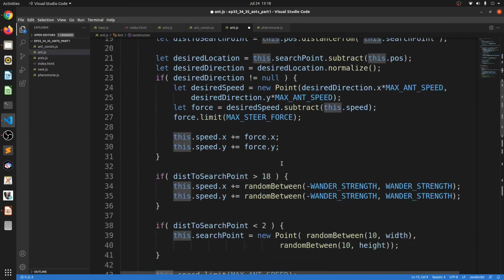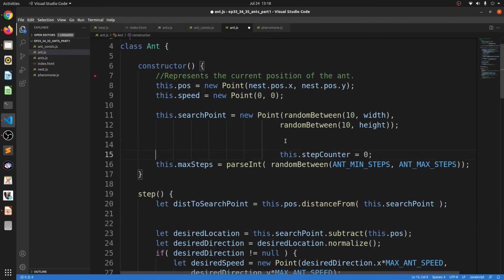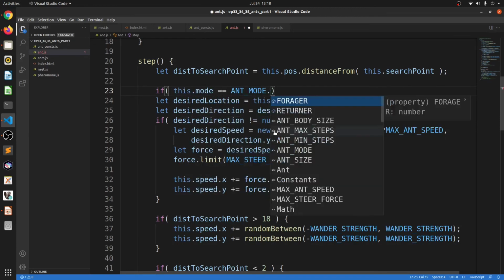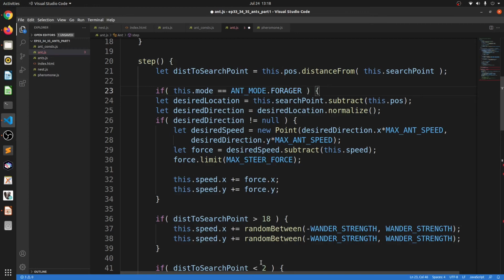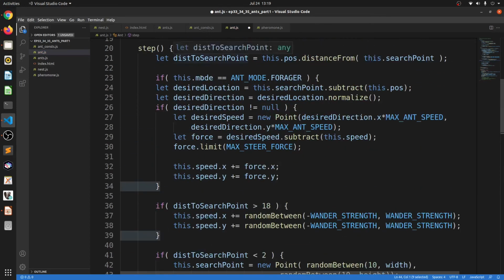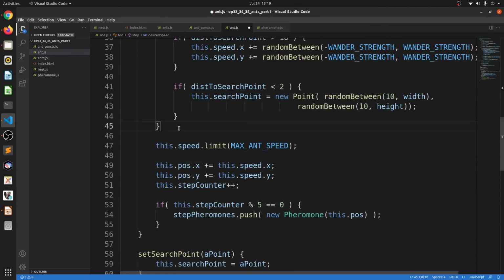Once we have done that, we'll also declare the mode of this ant. Let's just declare the mode. An ant will always start with a searcher, or I'm sorry, a forager. And all of the existing behavior that we have is foraging behavior. When it searches for food and everything, that is all foraging behavior. So we'll just indent all of this code within the foraging behavior